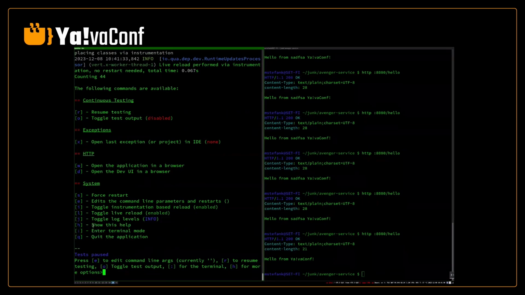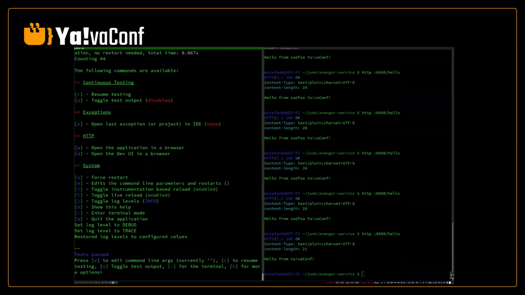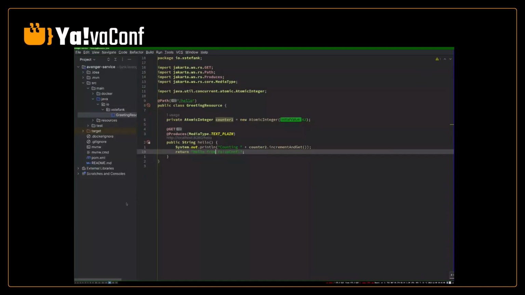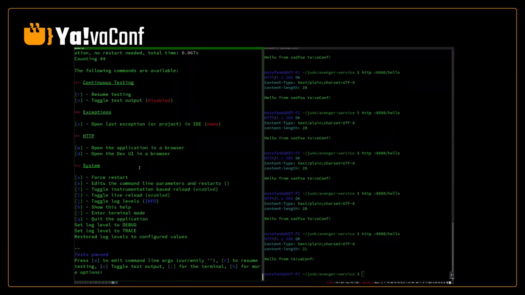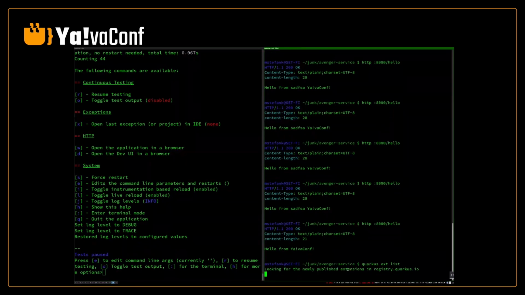Another really useful feature is this J, which you can use to dynamically switch between info, debug and trace level of your logging, which is very helpful when you are debugging something. And basically, in a really fast fashion, this is everything that I want to mention for the pure dev mode. One more thing, because Quarkus also comes with this Quarkus extension list, where I can list the